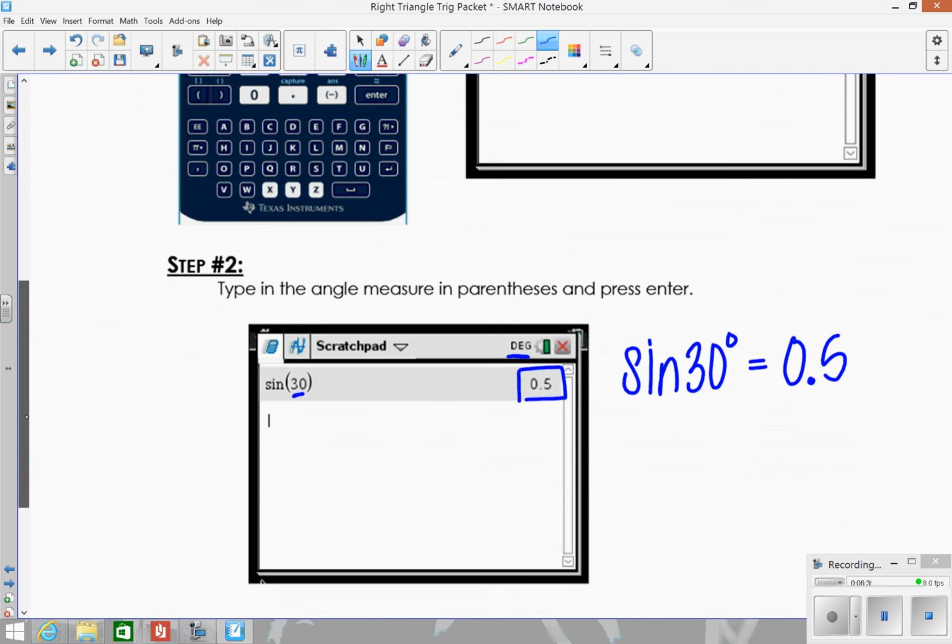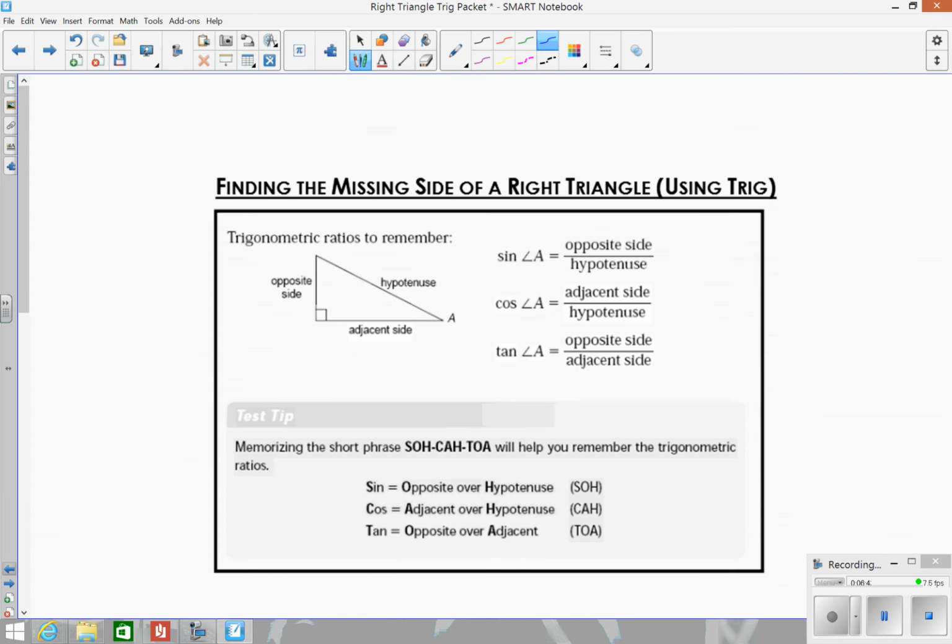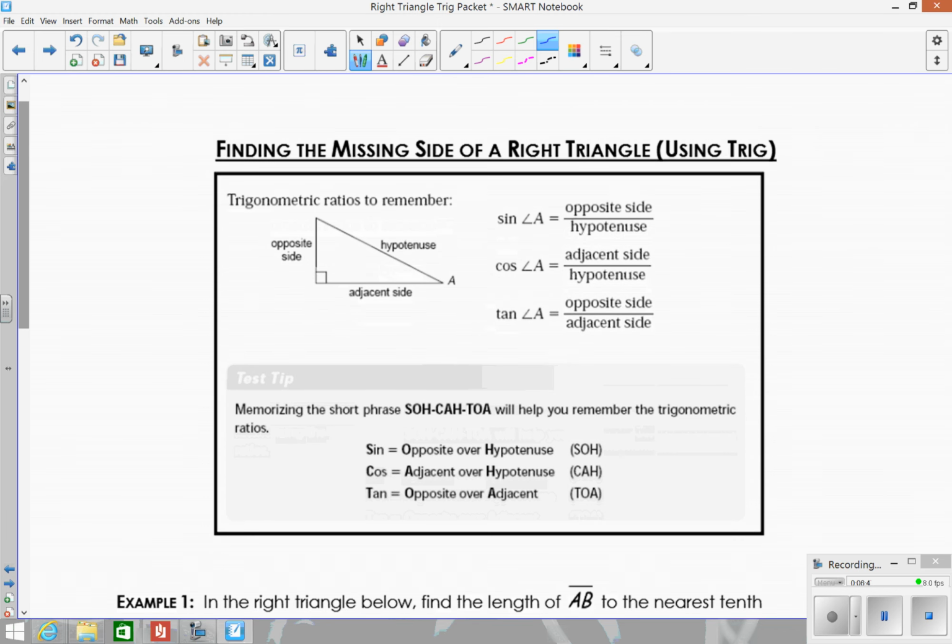Once you have that figured out, let's go ahead and go to the next page, and we're going to actually use this. So what's the whole purpose of this? One of the most well-known purposes of these trig functions is using them to find missing sides of a right triangle. Right now, you know how to find a missing side of a right triangle when you have two sides. So let's say I have some right triangle, and I know that this is 3,